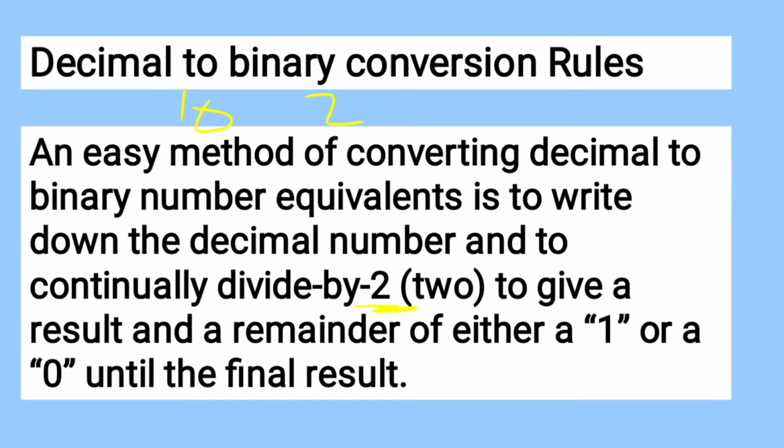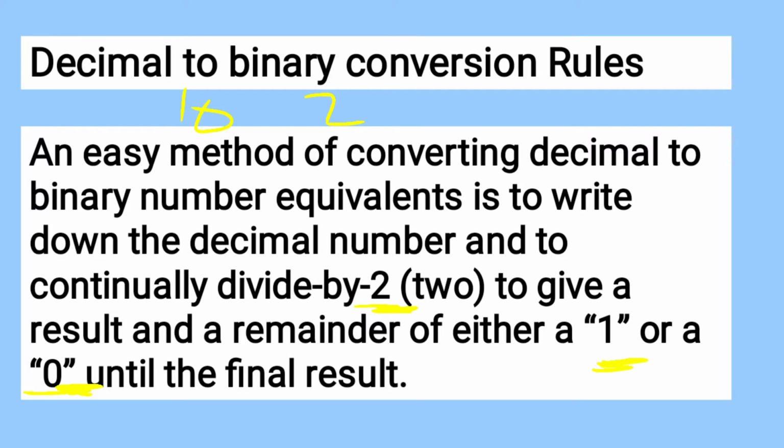The reason for dividing by 2 is that you divide the number by its corresponding base value. From decimal to any other number system, you divide by the base of the target system, which here is 2. And how long will you divide the number? You will divide the number until it becomes either 1 or 0. Why do we prefer dividing until 1 or 0? Because these are the only two numbers which cannot be divided any further. We know that 1 cannot be divided by 2, and 0 cannot be divided by 2.